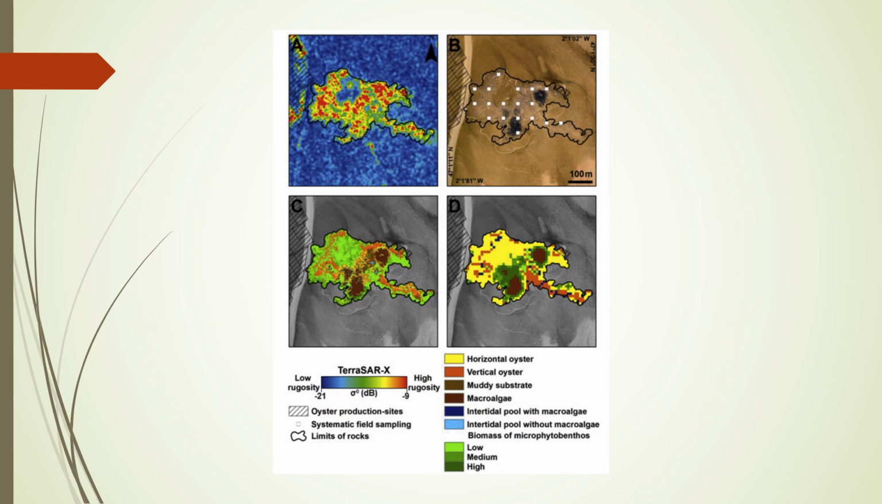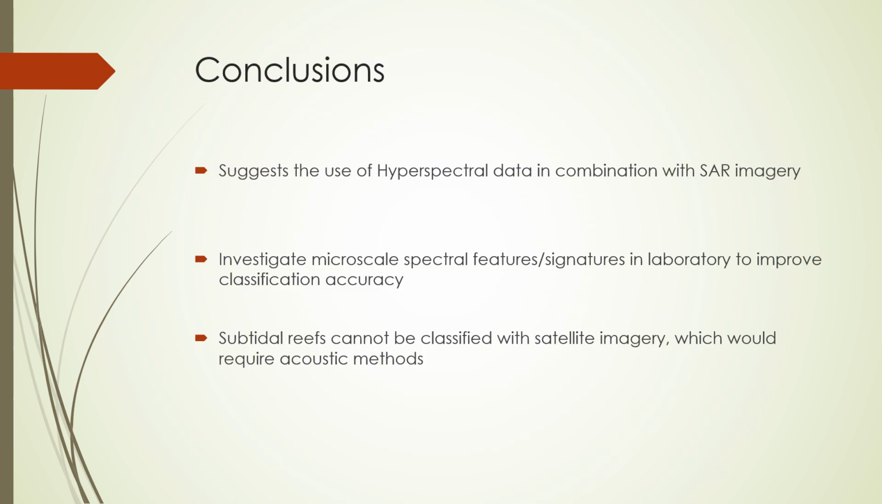And here you can see the difference of imagery. D is the 3 bands, the SPOT, and C is the hyperspectral. And you can see that D is much more pixelated and C is much more accurate in determining what surfaces are present. So they concluded that we should be using hyperspectral data in combination with radar imagery to get more